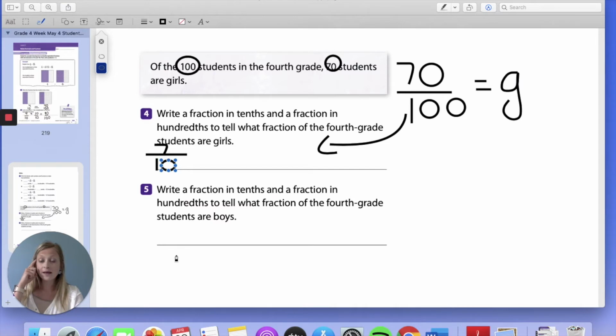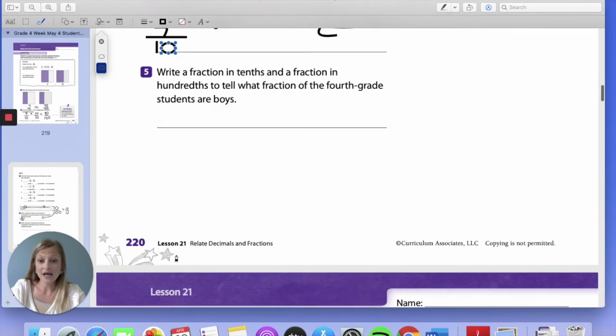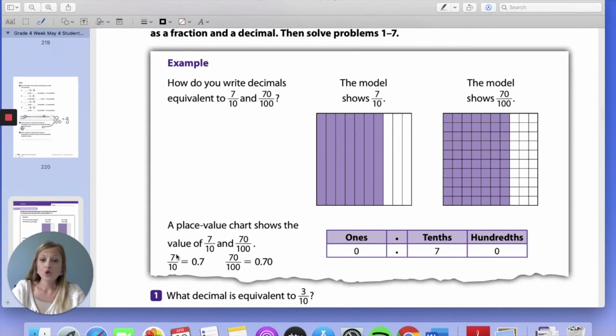I'm going to have to create an equation, and I'm going to leave you there because I want you to try to discover it on your own. Be sure to share your answers with me or your teacher so we can know how you ended up solving this. But let's go ahead and move on down to page